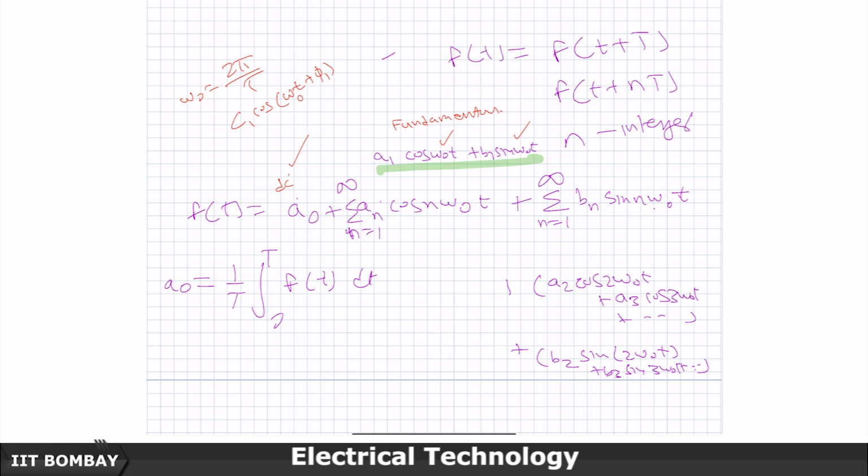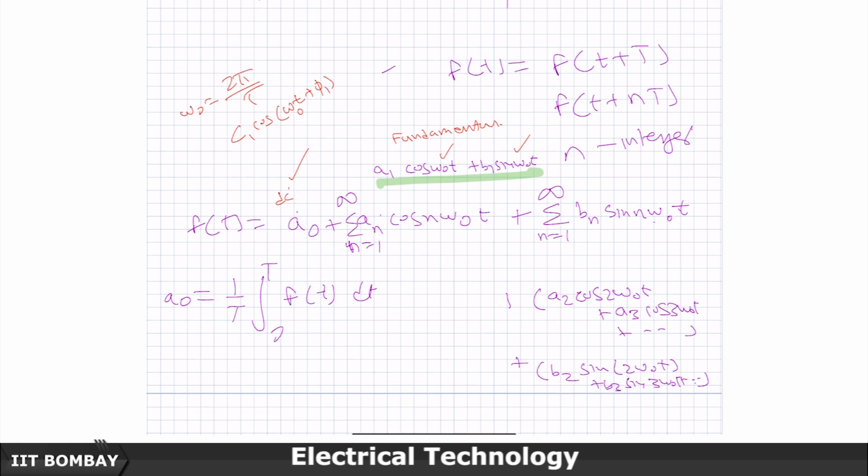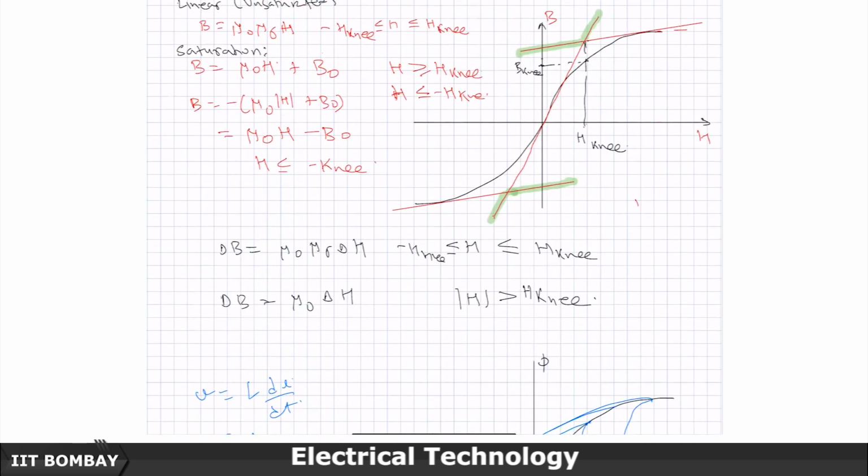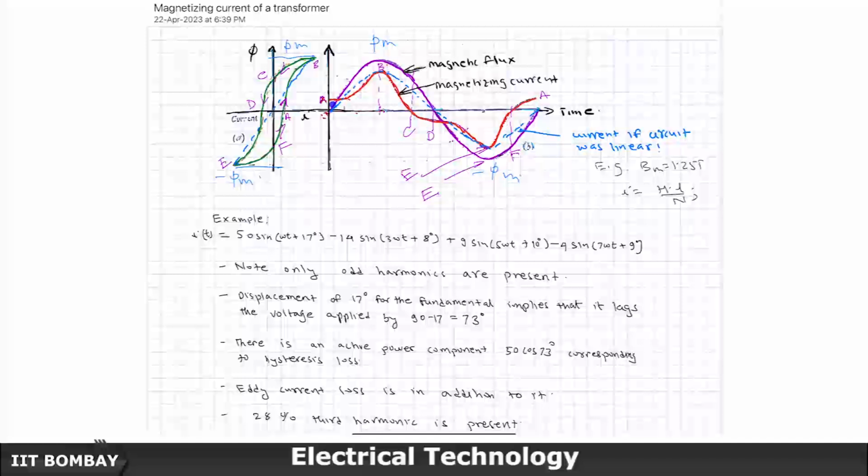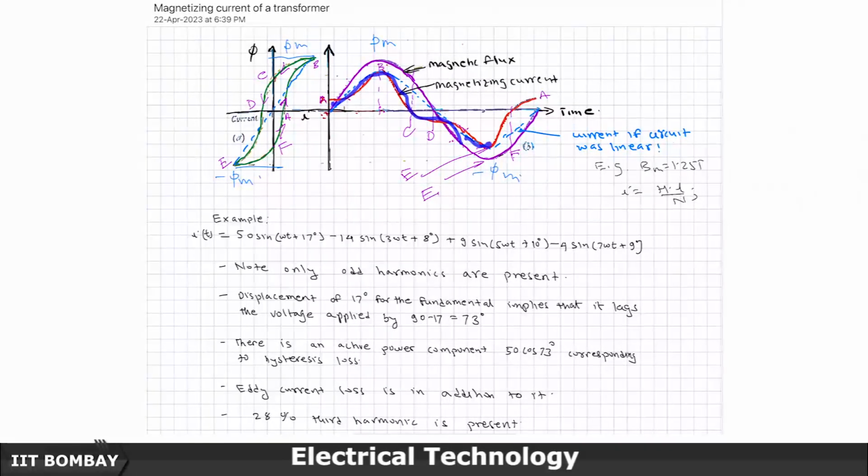Now, so far in our study there was only one frequency, which is the fundamental; phasors were also at the fundamental, all sines were also at the fundamental. First time today we are seeing that because our waveform is periodic but not a sinusoid, we will have to take recourse to Fourier series and write it as a fundamental component. Just for example, in this case I have written 50 sin of omega t minus 17,